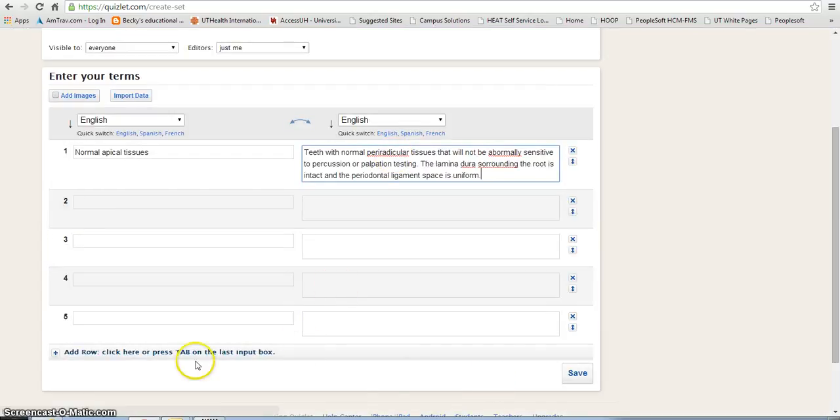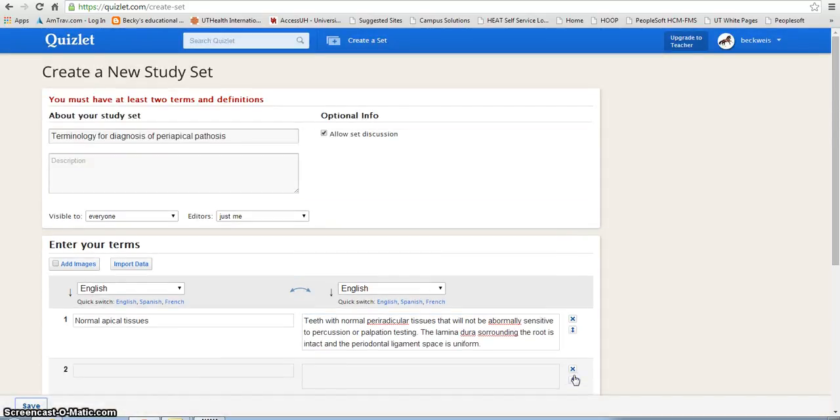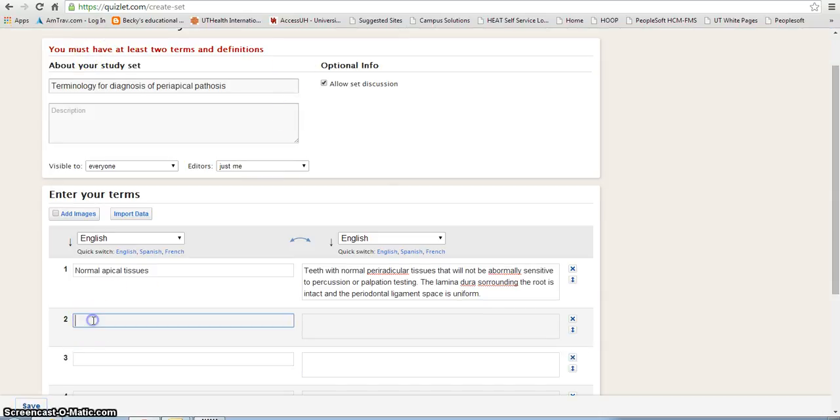And then after that, if you want to add more, you can always add more. And then here, if you don't have space, you can. And then I'm just going to write save. Oh, so it says that you must have at least 2 terms for a definition. So let's go for symptomatic apical periodontitis. Symptomatic apical periodontitis. And it's going to be inflammation,